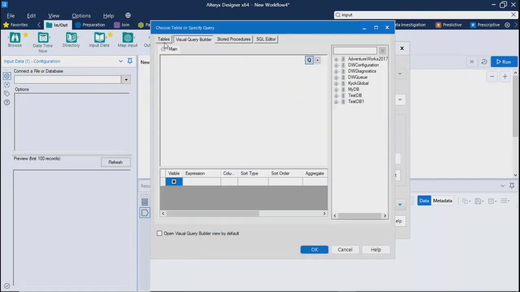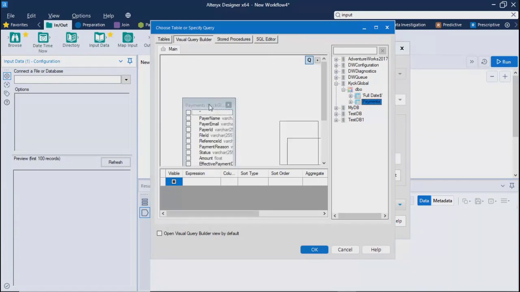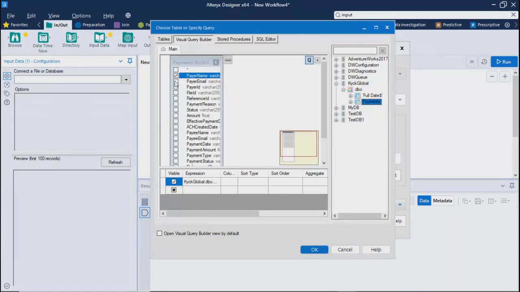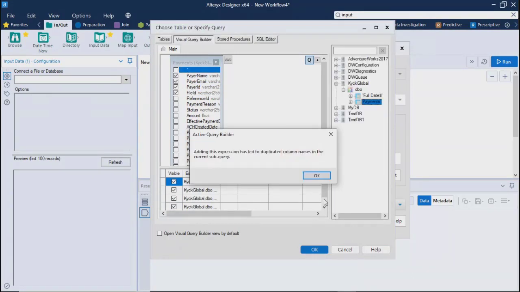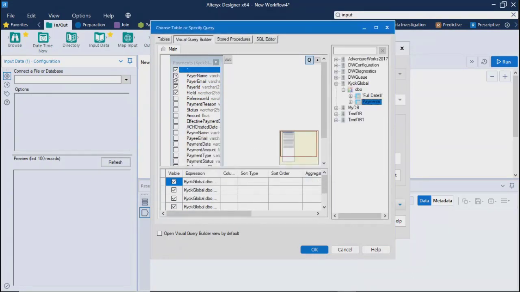Or Query Builder, you can just select whatever tables you want, and you can select the columns which you want to add into your query. So maybe if you want, you can select all. Here we go.